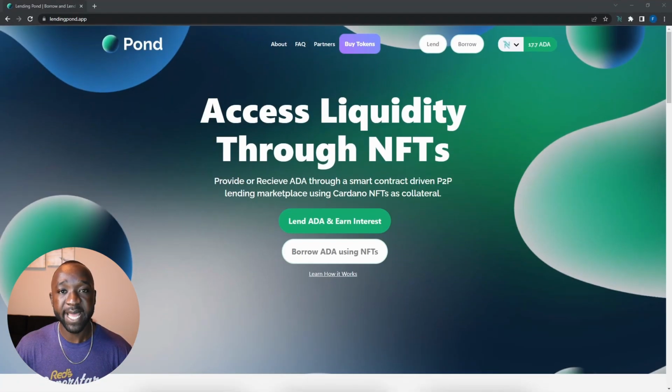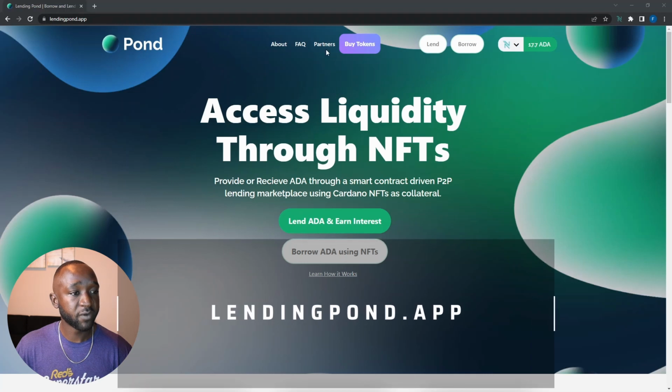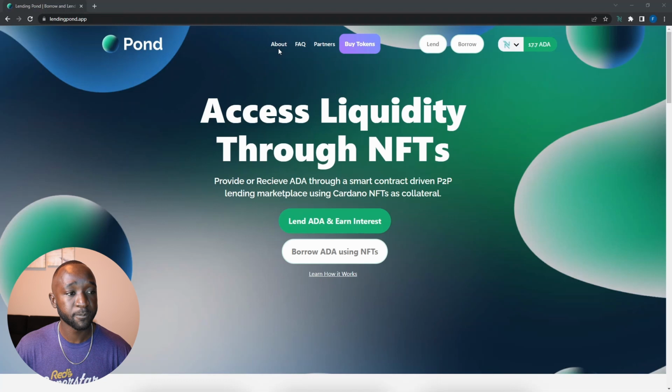In order to access the app, we're going to navigate to lendingpond.app. From the front page of their website, we can read more about how Lending Pond protocol works. There's also an FAQ and a partner section, and I do believe that they'll be collaborating with Sunday, and so they'll be accepting Sunday tokens as collateral moving forward, but you can also lend or borrow directly from the front